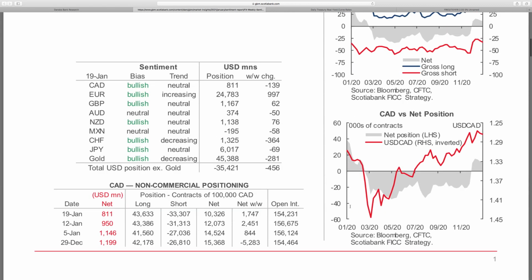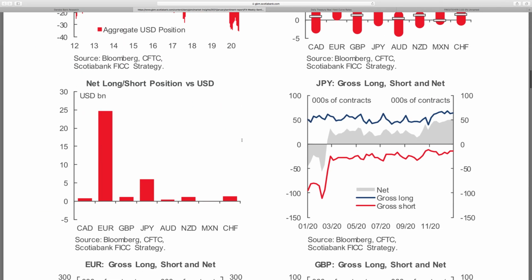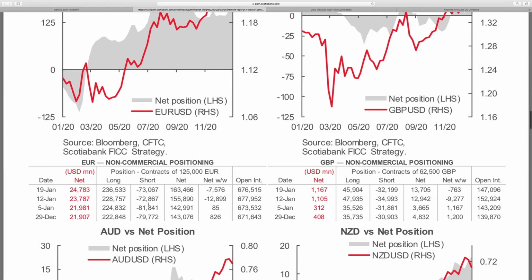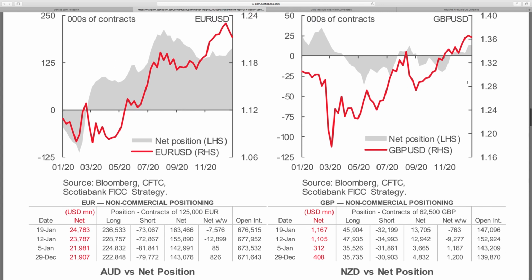We're having again a little bit more look at data. Again, the biggest position build is really from the euro, with a bit of yen bullishness as well, but the majority is coming from the euro side. Last week we had a little bit of euro shorts trimming back, so euro shorts added but longs added too. And on the pound side it was the opposite, where longs and shorts trimmed a little bit, mainly given that